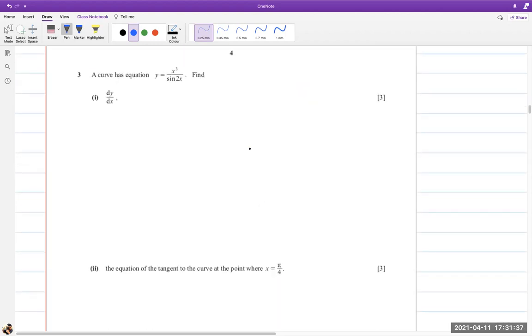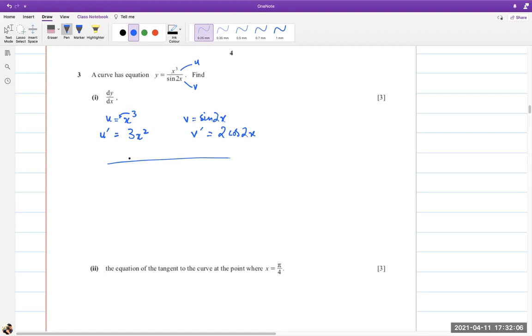All right. Derivative of this thing. Now what I'll do is I'll call this u and I'll call this v. So u is equal to x cube and v equals sine of 2x. u prime is going to be 3x squared. Why? Because 3 multiplies and then minus 1. Similarly over here, v prime is going to be, derivative of sine is cos. So cos of 2x and now derivative of 2x is 2. So I'll just multiply that. So I'll get 2 cos 2x.